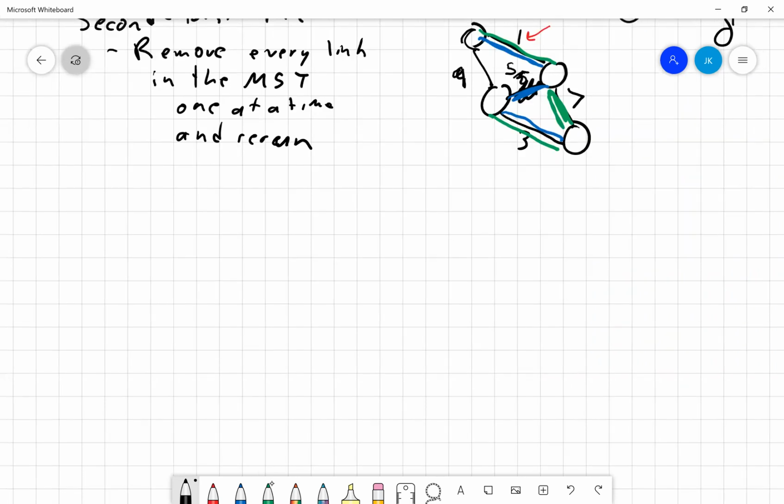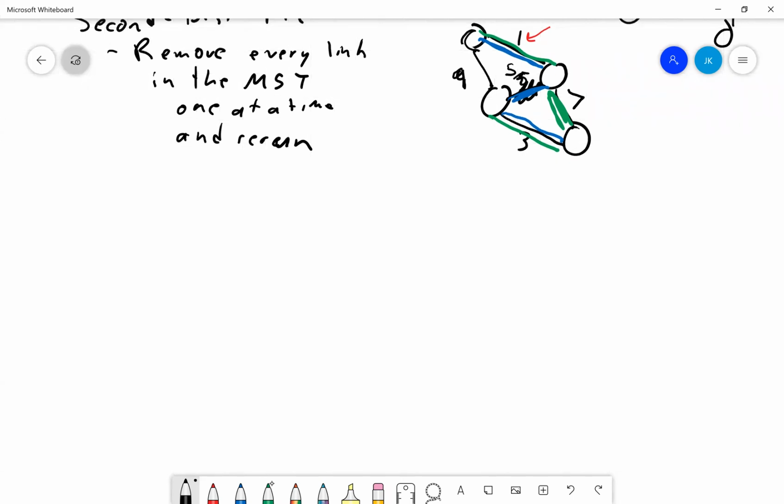And it multiplies everything by order n, where n is the number of nodes. You're going to have n minus 1 edges in the minimum spanning tree. So you're going to have to run your minimum spanning tree algorithm n minus 1 times. Okay, and so finally, there's one other